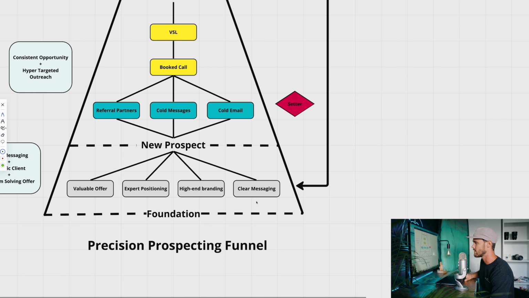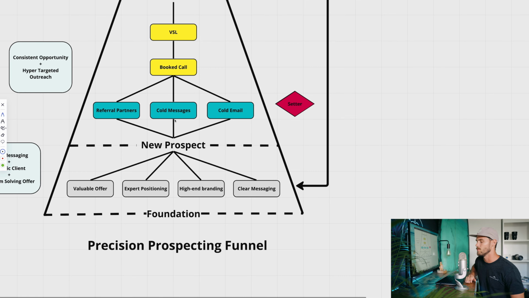And your messaging connects to all of these, right? Messaging is just talking to a very specific client, solving a very specific problem with a very specific method, right? So a very specific client, okay? High-end branding. We're trying to attract those high-end brands. Solving a very specific problem, right? Your expert positioning. You're an expert at solving this specific problem. And you're doing it in a very specific way, which is your valuable offer. So when you combine all these three together, you get your clear message, which you then can pump into your